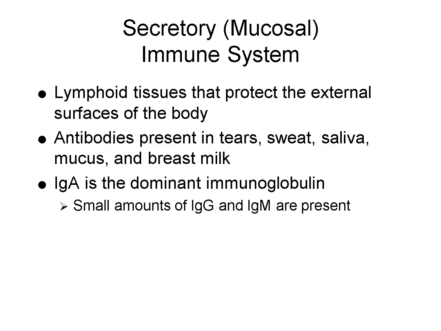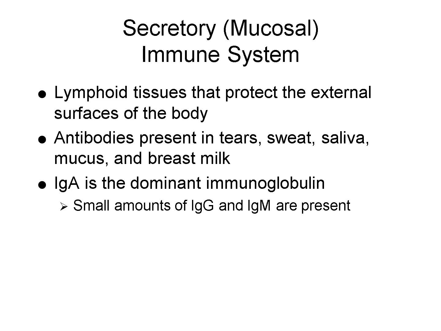The secretory, or mucosal, immune system serves as the body's external line of defense. It includes lymphoid tissues that protect surfaces such as the eyes, respiratory tract, gastrointestinal tract, and genitourinary system. These areas are continuously exposed to the environment and rely on antibodies found in secretions like tears, saliva, mucus, sweat, and breast milk. The primary immunoglobulin in this system is secretory IgA, which helps prevent pathogens from entering the body